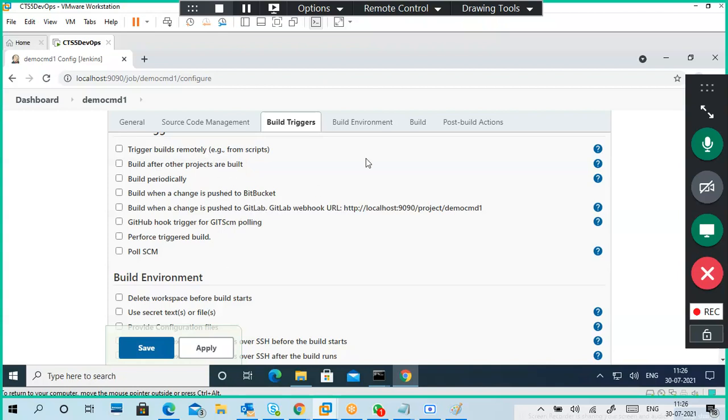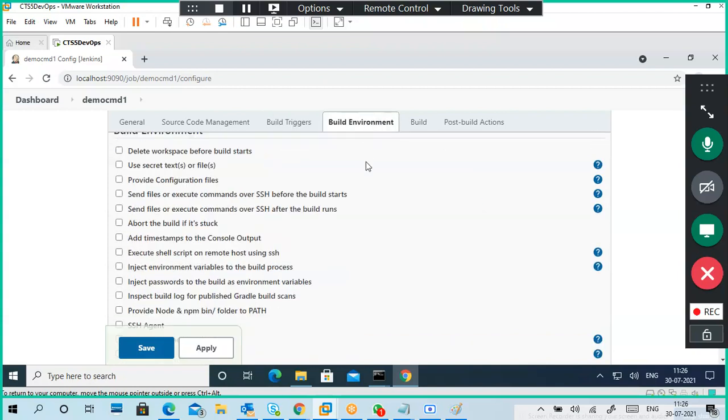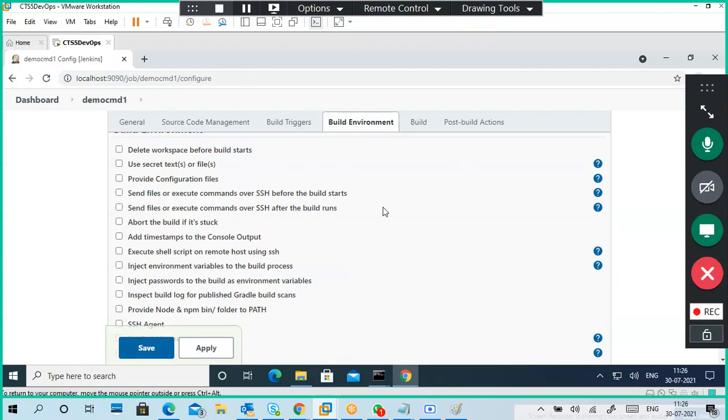These are the build triggers. Next, build environment. For building, it may require connecting to a remote PC, or environment variables, or a Java or Python environment. We can give that environment from here.